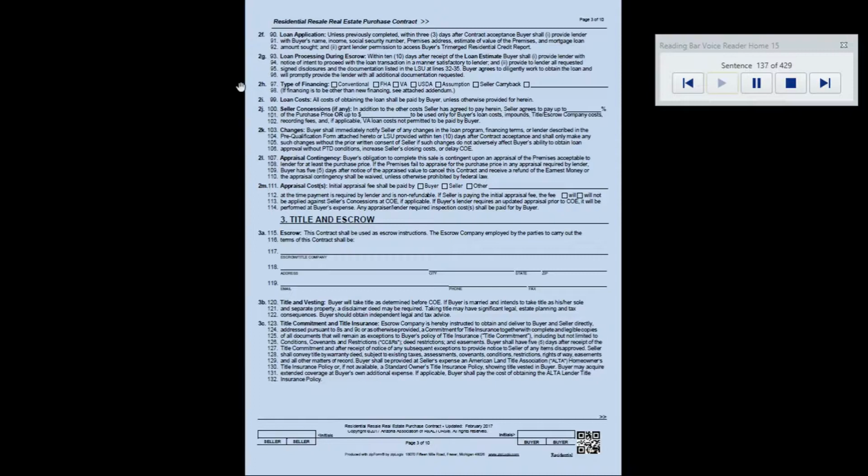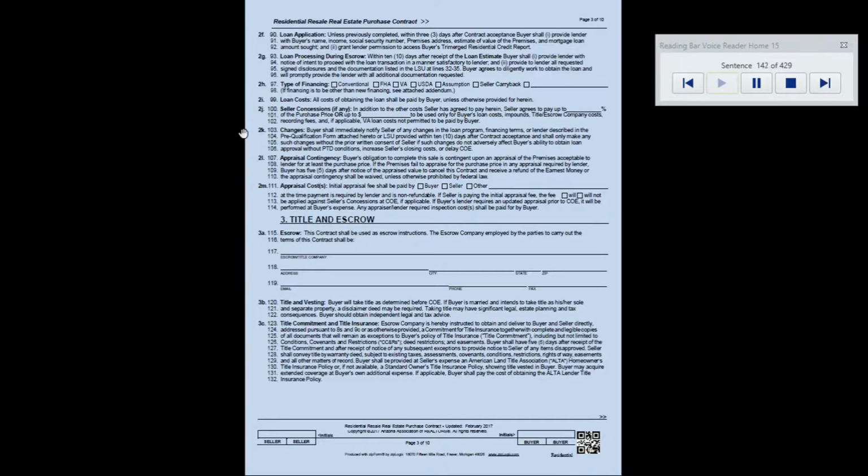2H. Type of financing: conventional, FHA, VA, USDA, assumption, seller carryback. If financing is to be other than new financing, see attached addendum. 2I. Loan costs. All costs of obtaining the loan shall be paid by the buyer, unless otherwise provided for herein. 2J. Seller concessions, if any, in addition to the other costs seller has agreed to pay herein. Seller agrees to pay up to % of the purchase price or $ to be used only for buyer's loan costs, impounds, title escrow company costs, recording fees, and, if applicable, VA loan costs not permitted to be paid